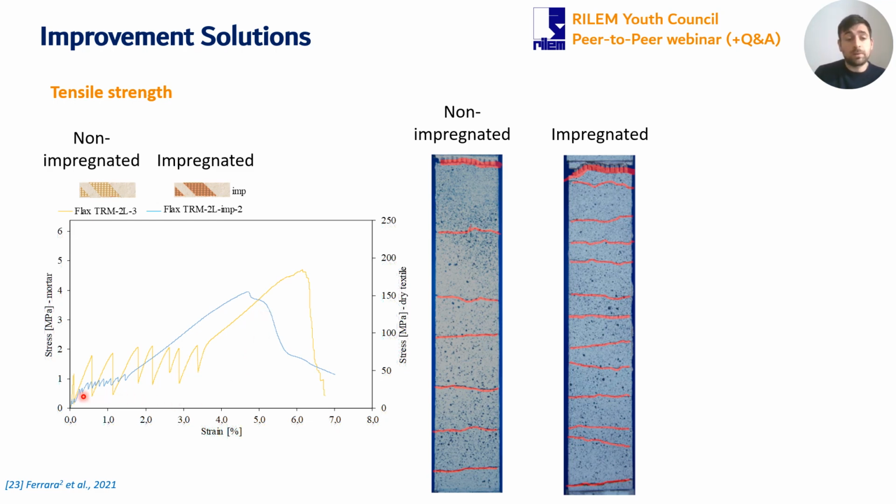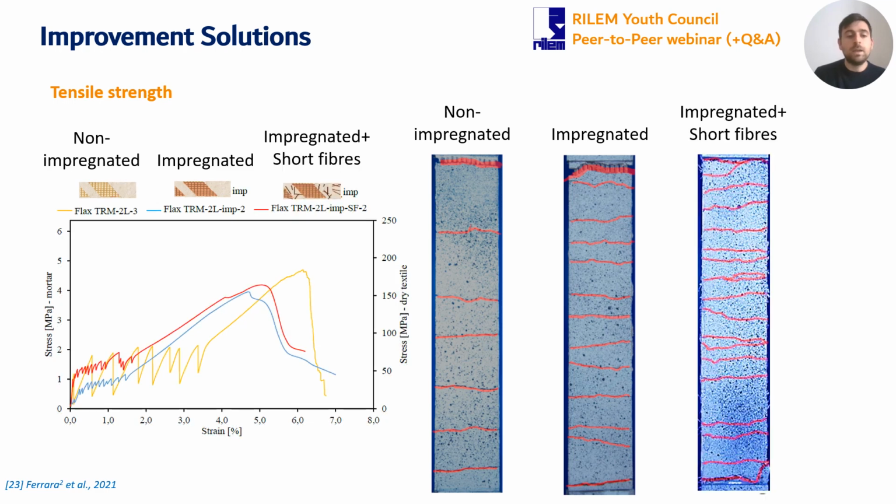But what we observe that is significant is that the drops in load that we have observed before are much less significant, and a significantly denser crack pattern can be observed. And when we move to the samples in which, in addition to the impregnation of the fibers, we have also added some short fibers within the matrix, we can see that the crack pattern is much denser, and also in this case quite significant